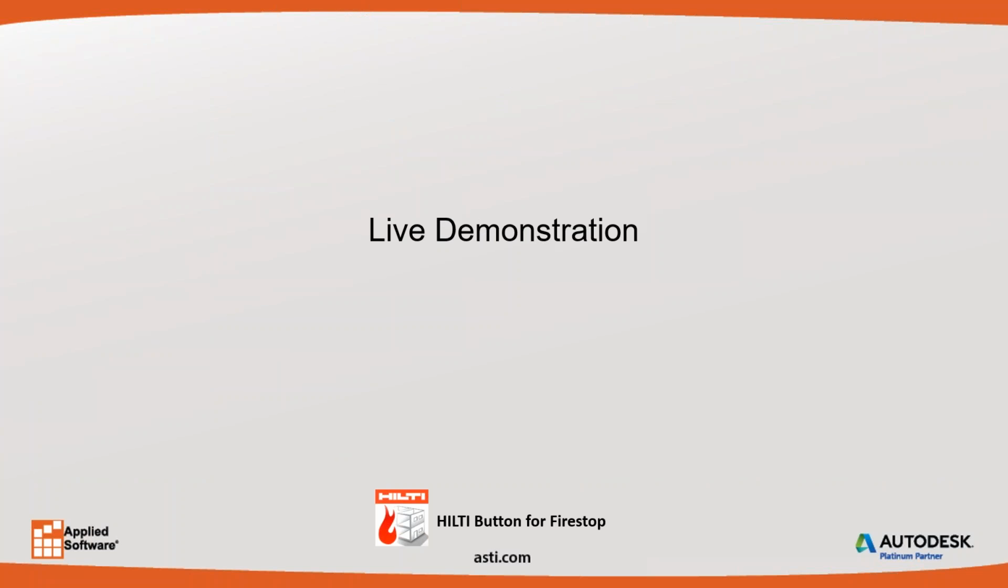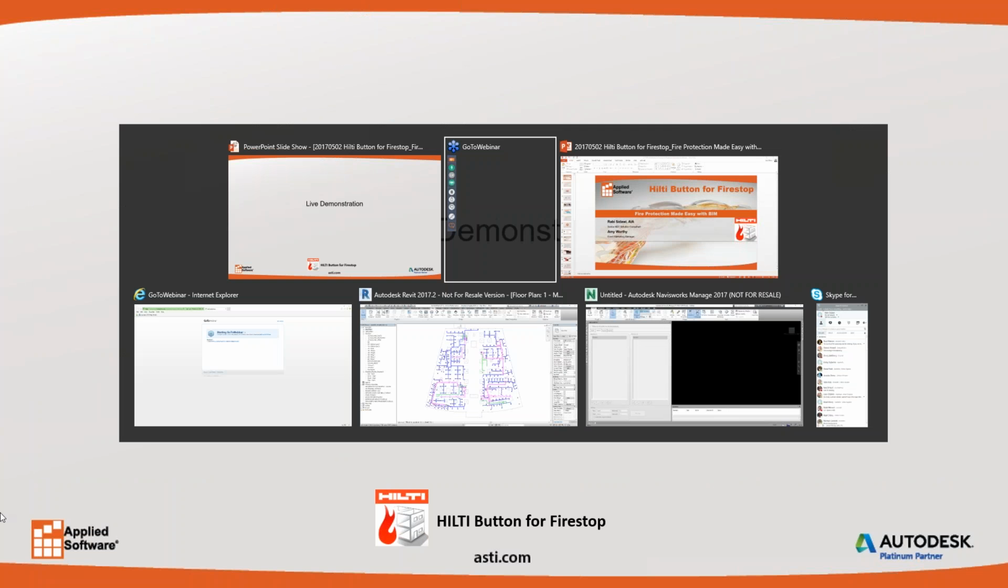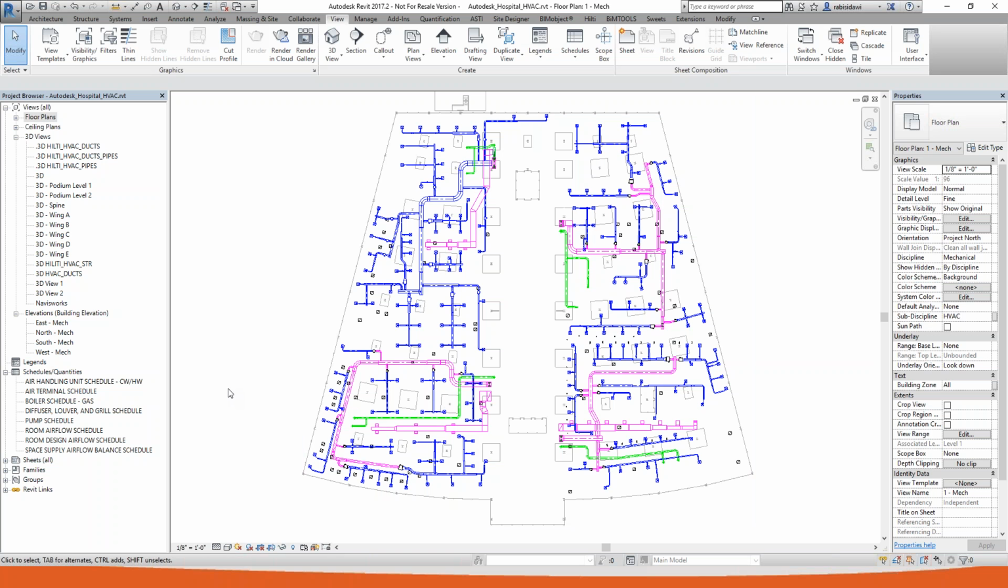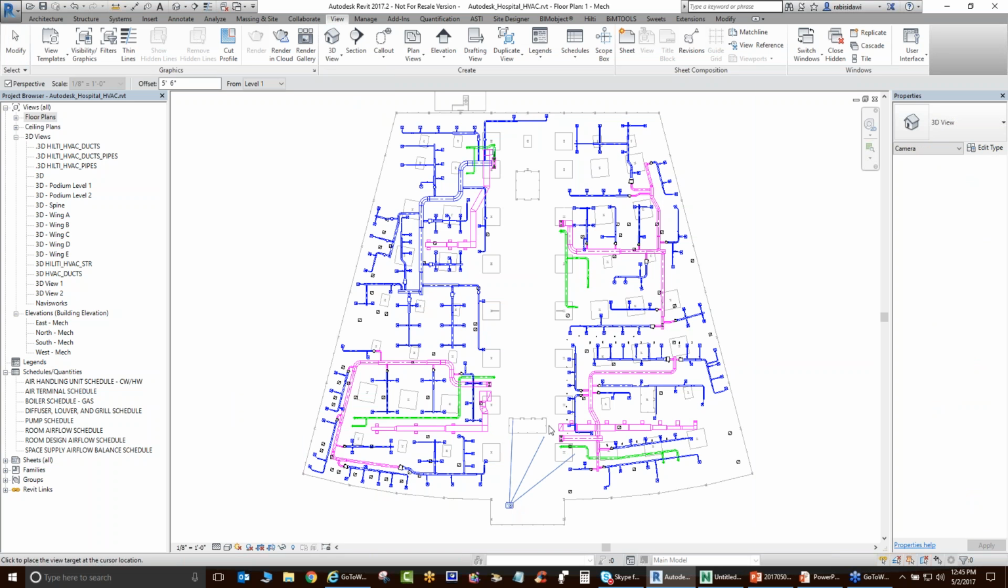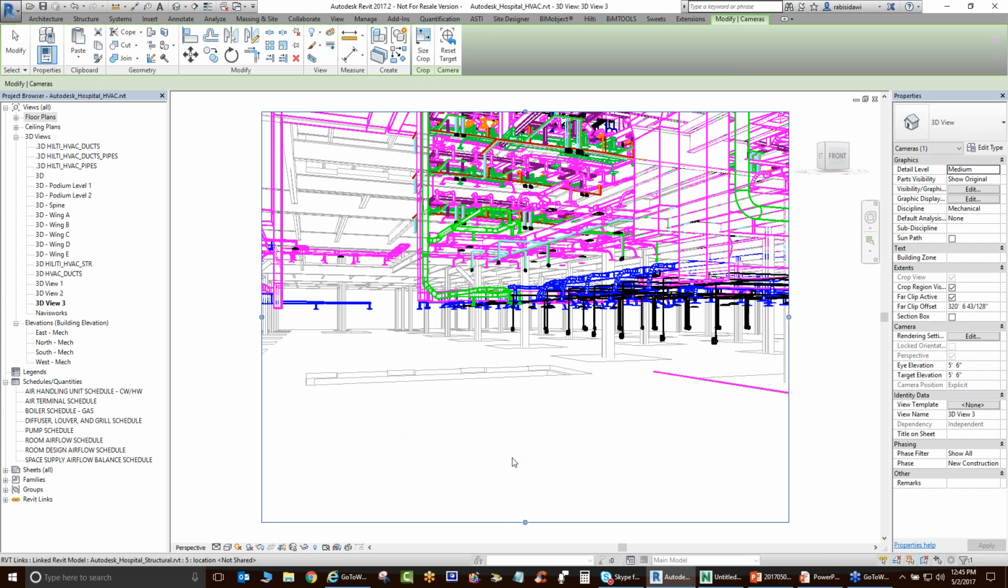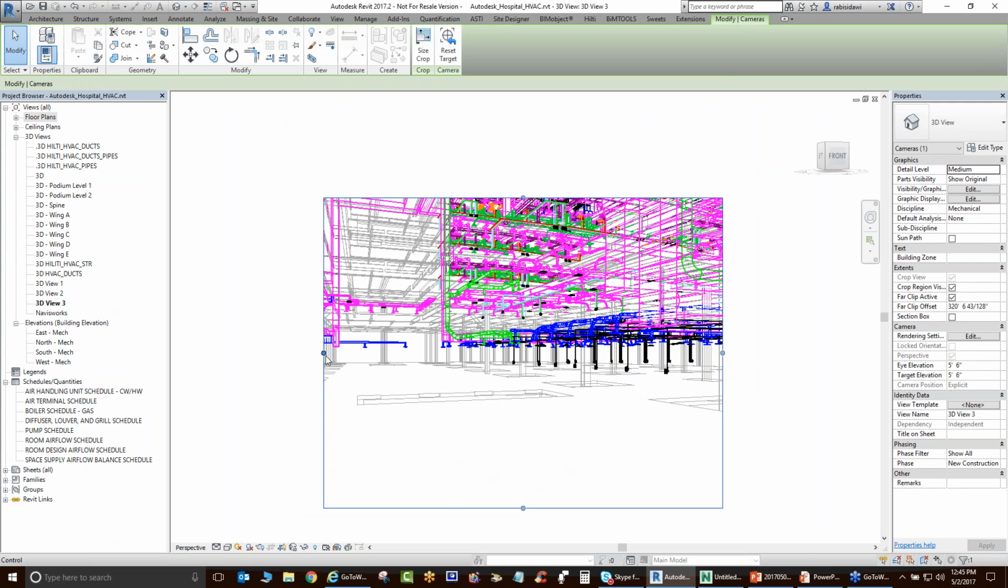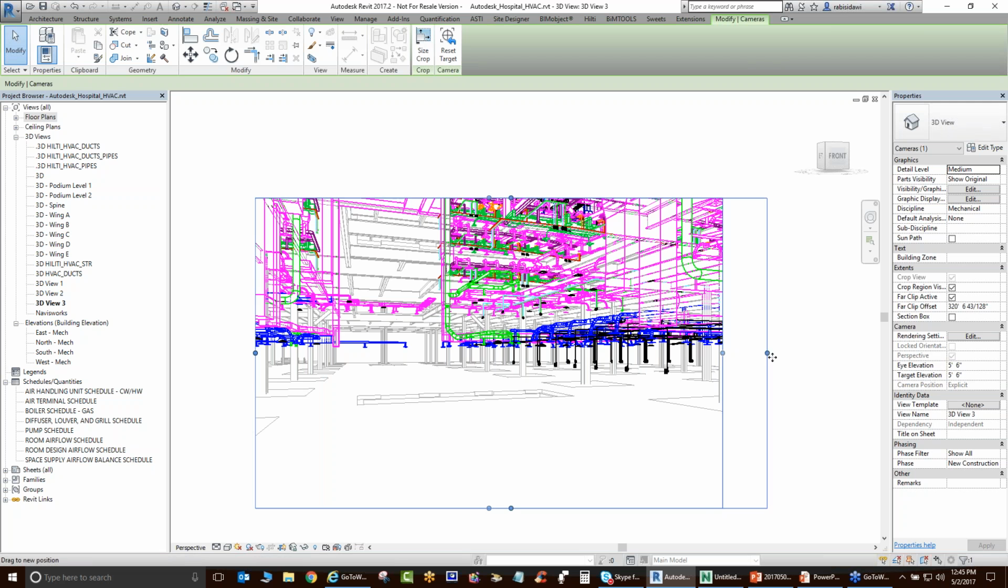Now let's switch to a live demonstration for that HILTI button for Firestop. So what I'm going to do is switch to Revit, where I have here a Revit MEP model. Again, to start with, we're going to start with placing a camera right here in the floor plan view. Looking at this model, I'm going to show you how it's not easy to find those penetrations manually. I mean, this is like a forest of pipes and ducts and structure. So we have the structural model in here linked into the MEP model, and I'm going to expand my view just a little bit,